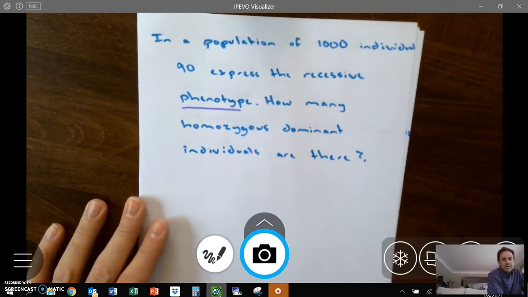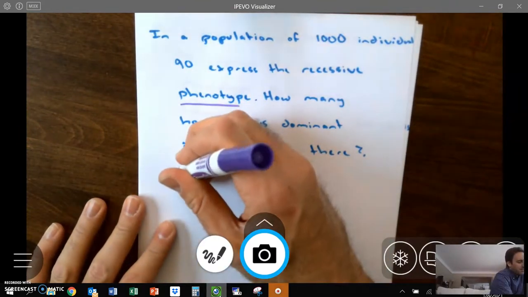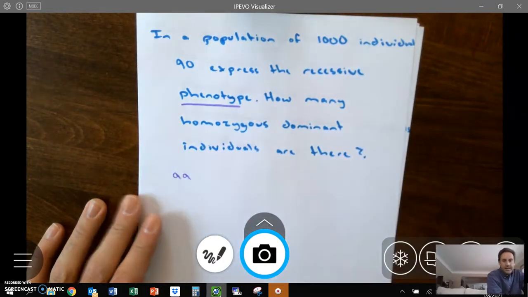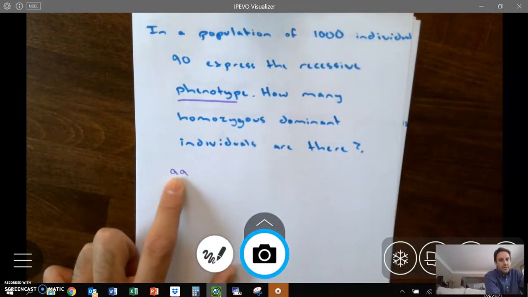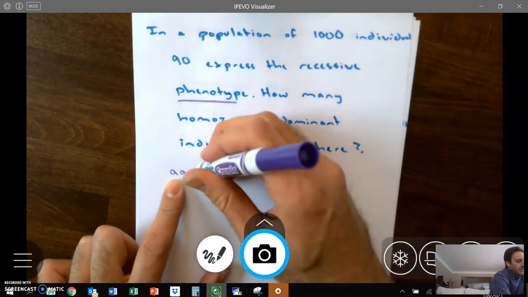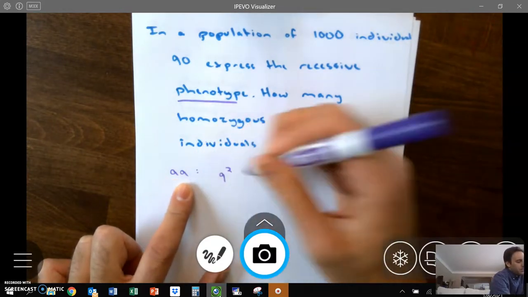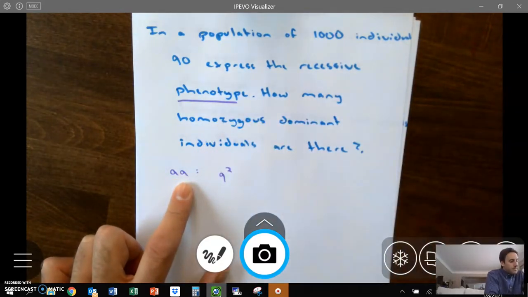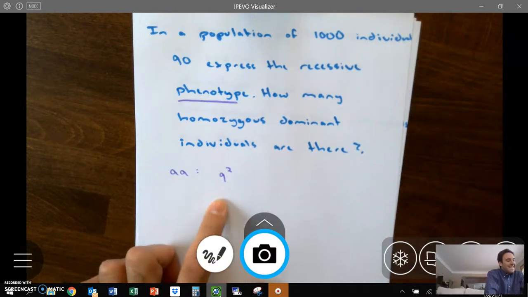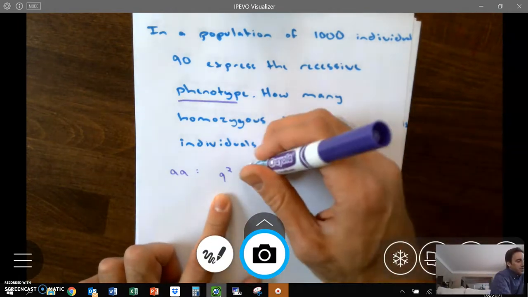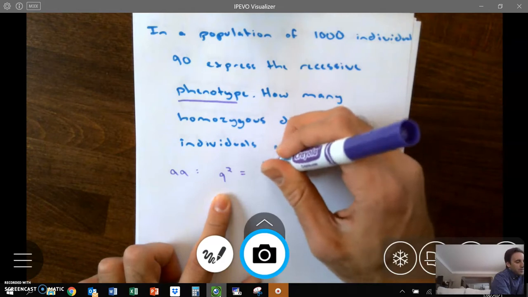If they're expressing the recessive phenotype, that means they must be little a, right? That's the only way you express the recessive phenotype. And little a we know is Q squared. So in a population of 1,000, 90 express this. So that means that Q squared is going to equal